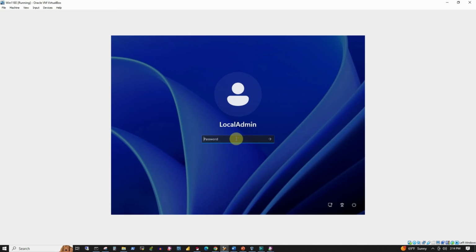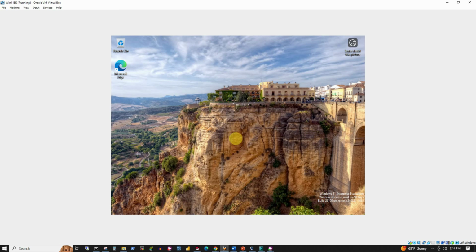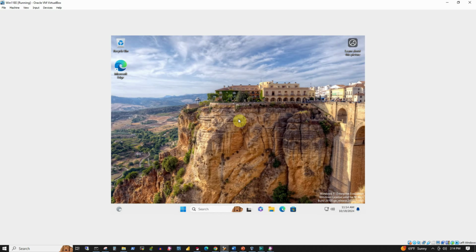And we'll log in as local admin again. Welcome 12345 as the password. Now we need to do a couple of more settings to get the full screen of the virtual machine. First, right click on the desktop and go to Display Settings,